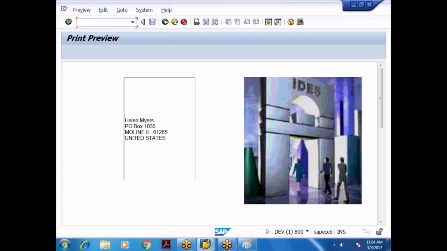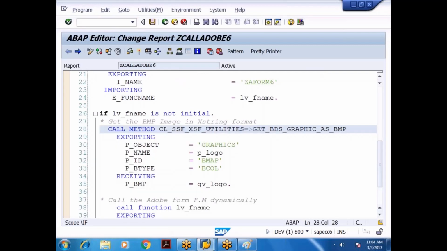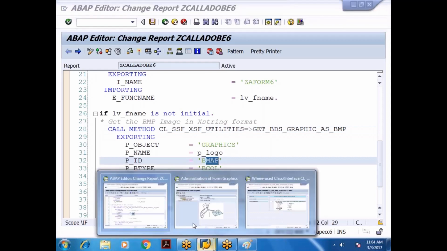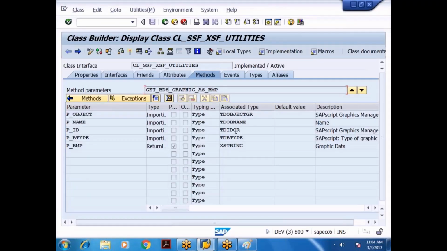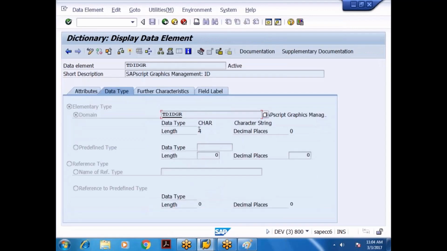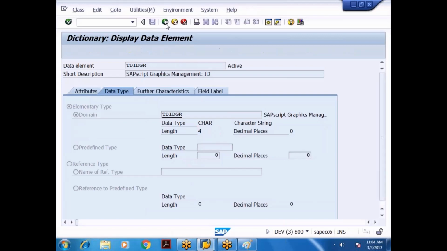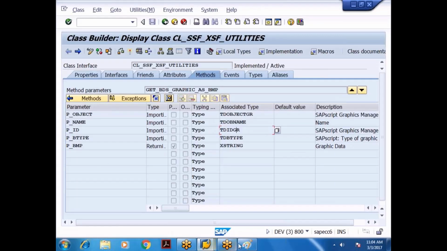Working fine. Is it clear? So the problem is here. It should be bitmap. Simple. See here, what is this? Character of 4. Okay. Done. Now, what is the next requirement?